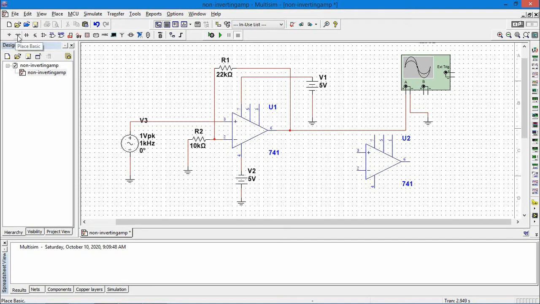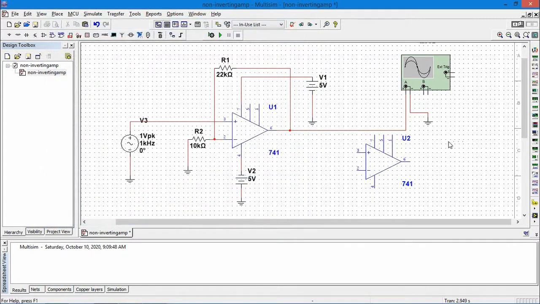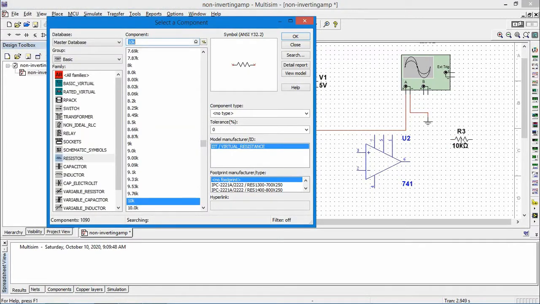So go to the resistor library. There are many components. We need a resistor, so click on the resistor. Then we see different components with different values. We need a 10K resistor, so click on the 10K and OK. So we got the 10K.